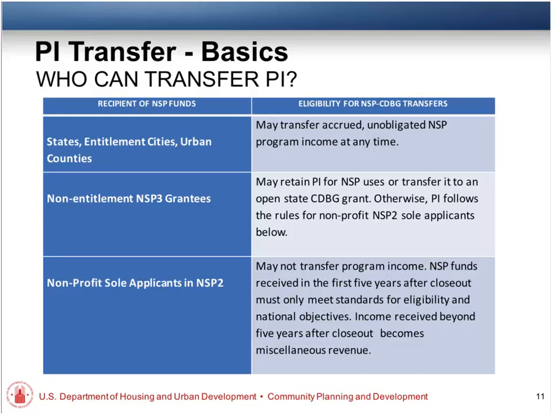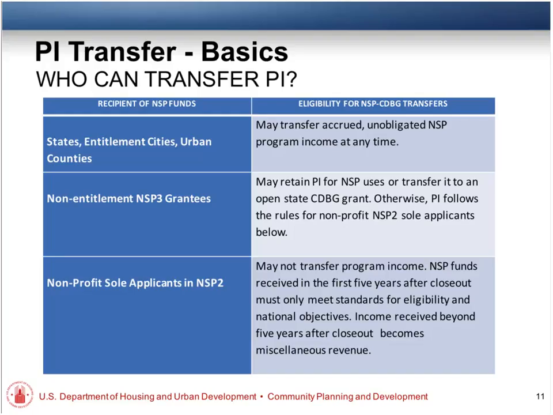And then there's another period that starts the day they close out and runs for 5 years. Any program income that they receive during that period of time must only meet a national objective and be an eligible activity. It doesn't have to follow all the other rules.